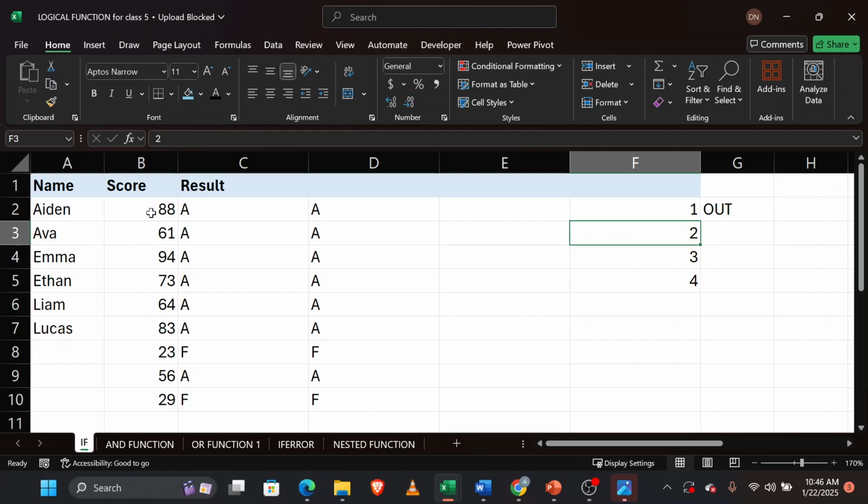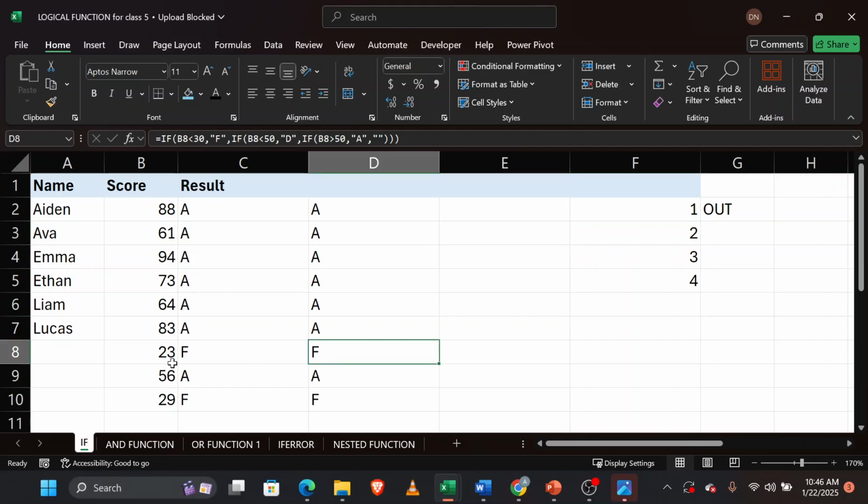So if the if function goes here, it will check if this number is less than. That's why you notice that we call F, but this is also less than 50. But because we said less than 30 first, the 30 has gone there and